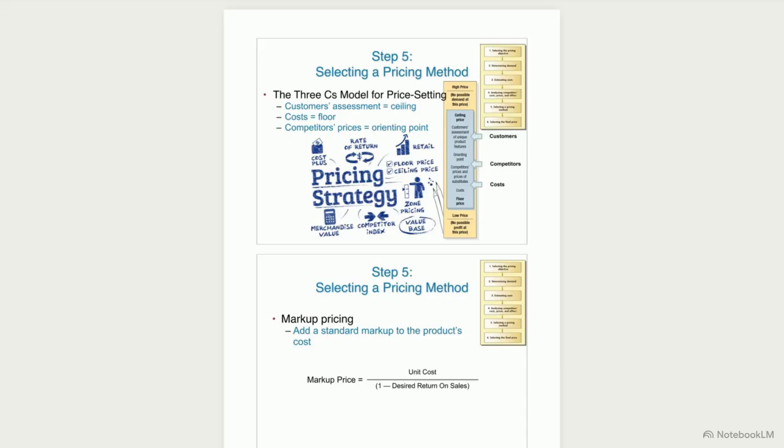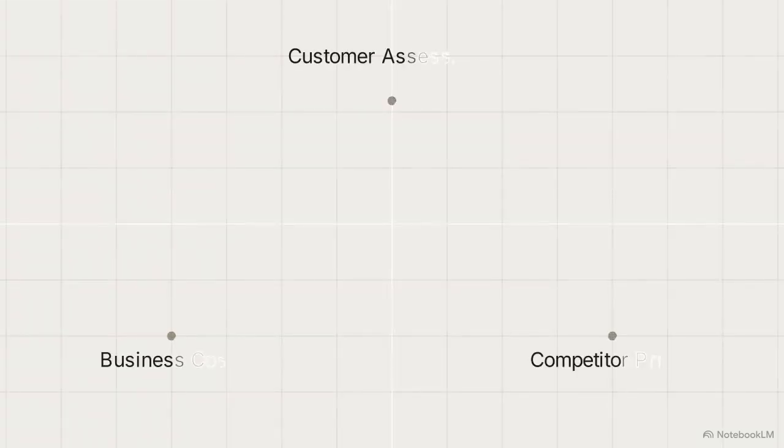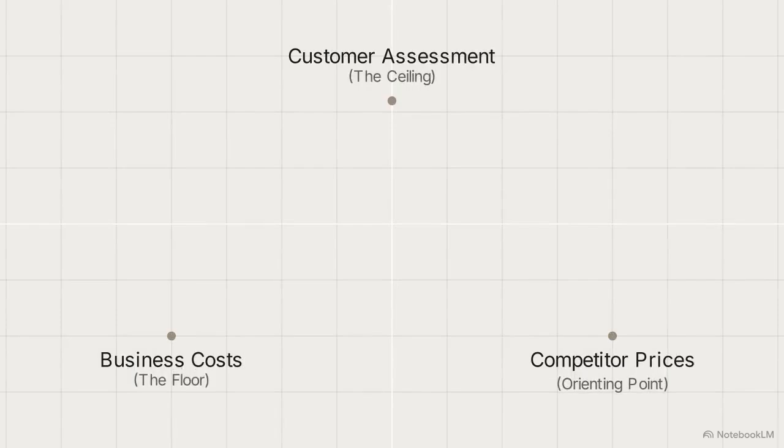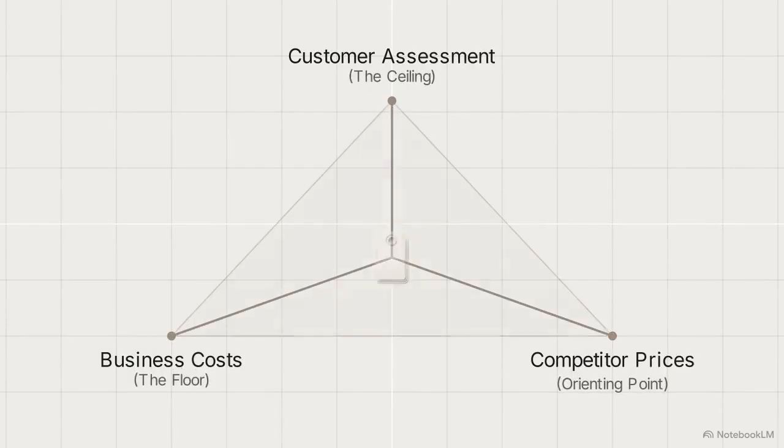This vertical chart details the 3 C's model. At the bottom, costs create a firm floor price. At the top, the customer's assessment creates a ceiling price. In the middle, competitor prices act as the orienting point. The 3 C's model forces a business to triangulate its price based on these external and internal realities, rather than